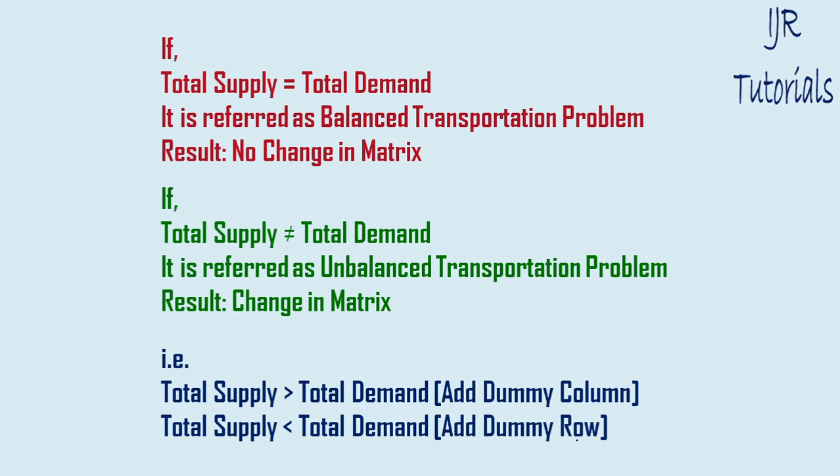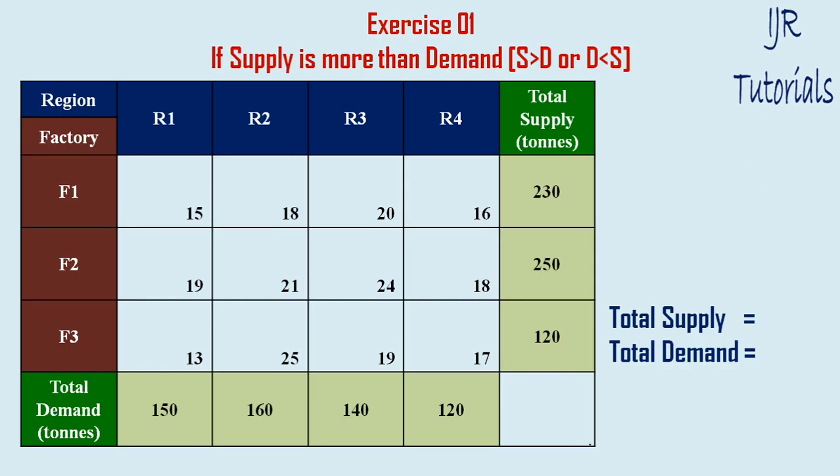Let us do one exercise on this unbalanced problem. In this problem, there are three factories and four regions. That is a 3 by 4 matrix. Factory 1 has 230, factory 2 has 250, factory 3 has 120. In a similar way, R1, that is region 1, total demand is 150, R2 is 160, R3 140 and R4